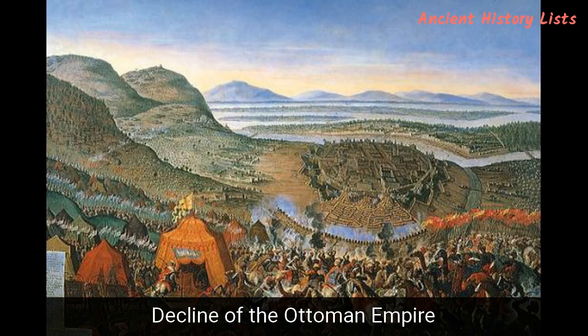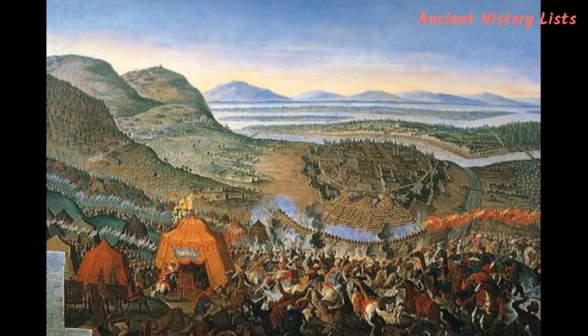Number 7. Decline of the Ottoman Empire. The Ottoman Empire was once a force to be reckoned with. Throughout the medieval period and in the early days of the modern era, it was known as the world's largest imperial power, its rule extending all over the Middle East and much of northern Africa and Eastern Europe. But by the end of the 1800s, however, the Ottoman Empire had been almost completely dismantled by internal conflicts and